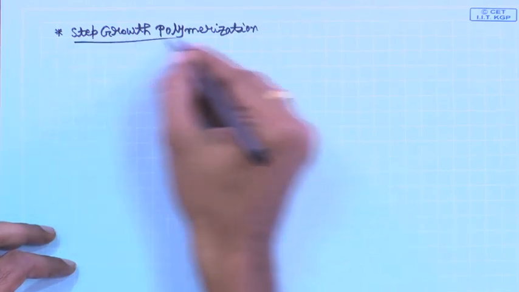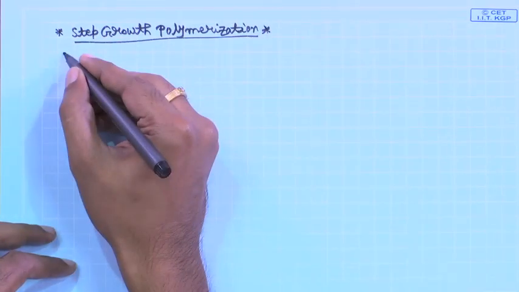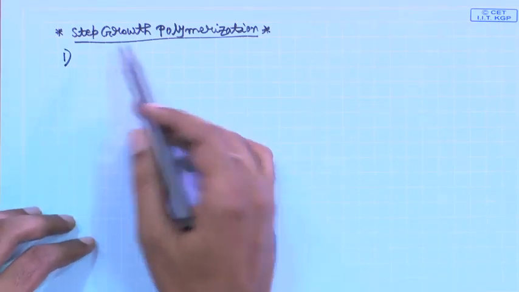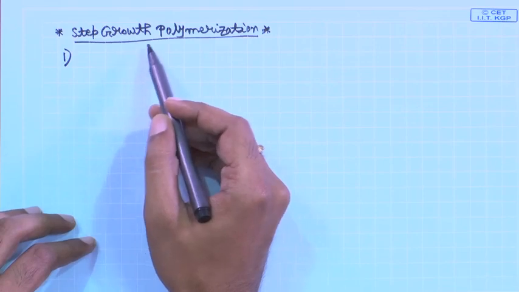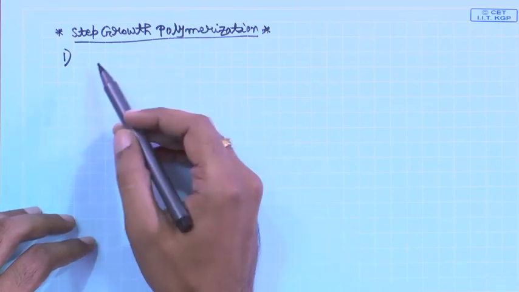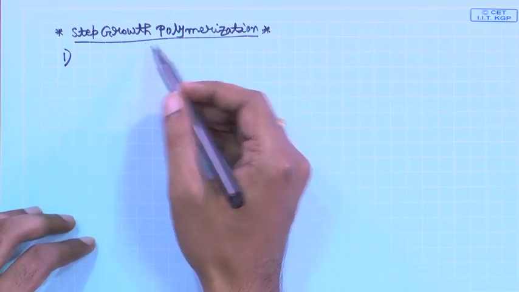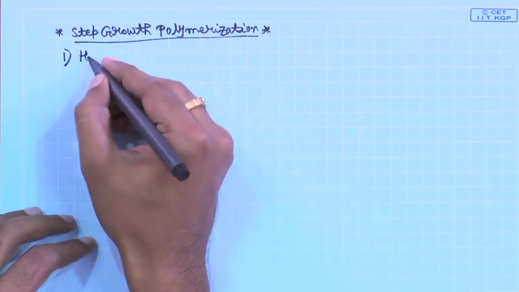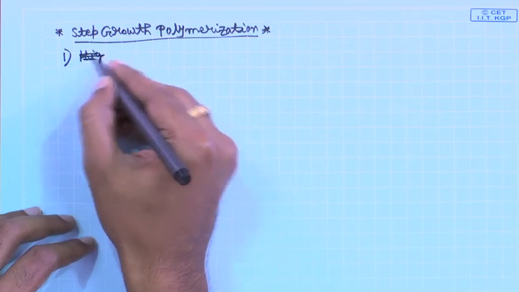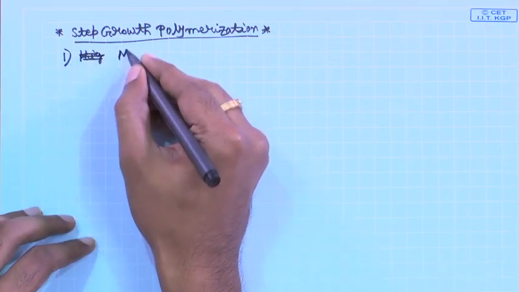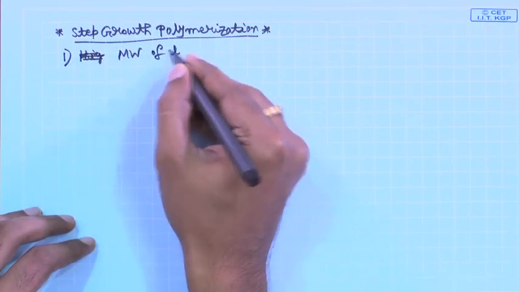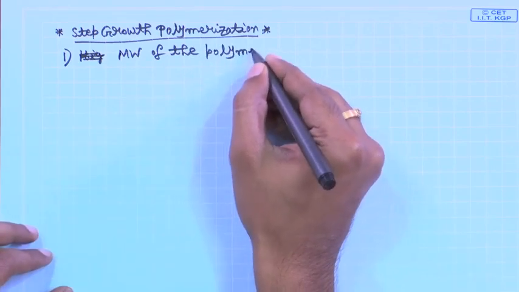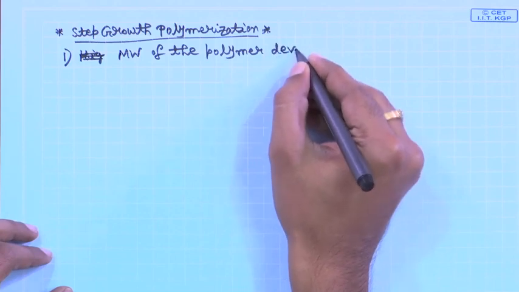Certain key concepts that we discussed are the following: in step growth polymerization, the functional groups of the monomers react stepwise, and the molecular weight of the polymer develops slowly,